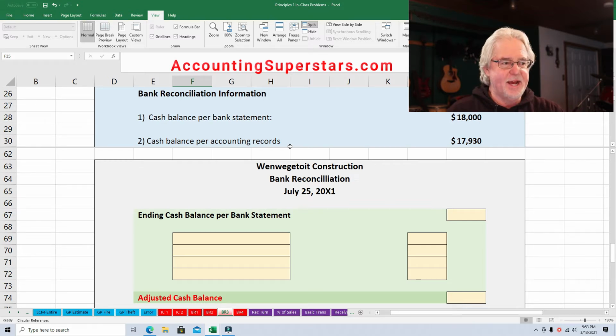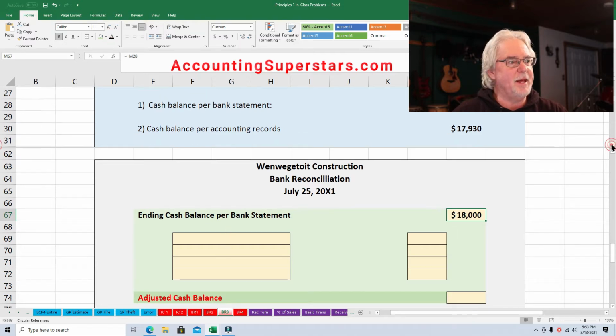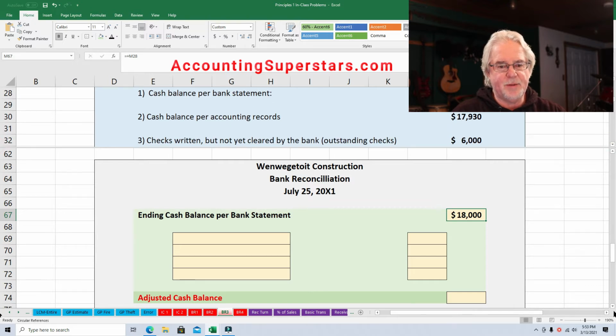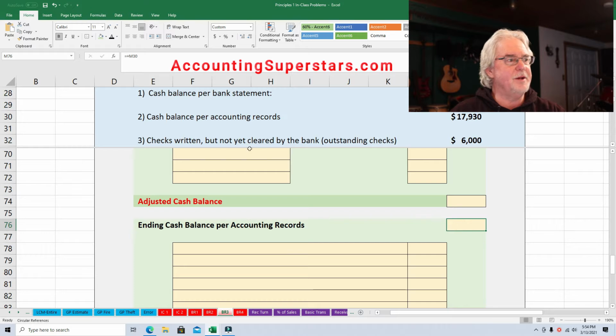So the cash balance per the bank statement is $18,000. So we'll put that in the upper part of the reconciliation, right here where it says ending cash balance per bank statement. So 18,000, let's drop it into place. There we go. Now the next thing is the cash balance per accounting record. So let's drop that into place. It's going to go in the second half here. This is where our accounting records are. There we are,